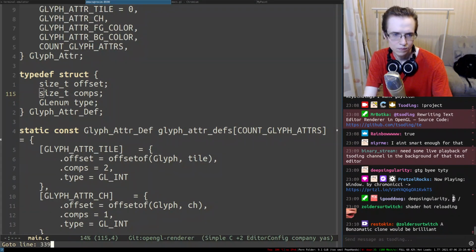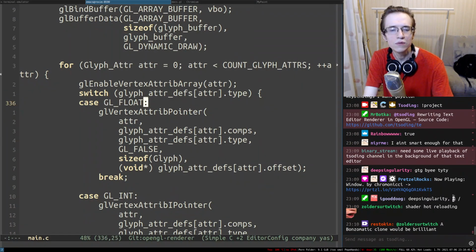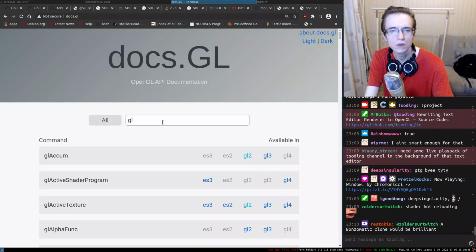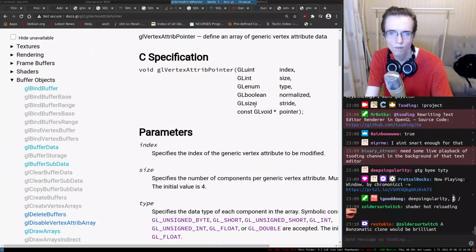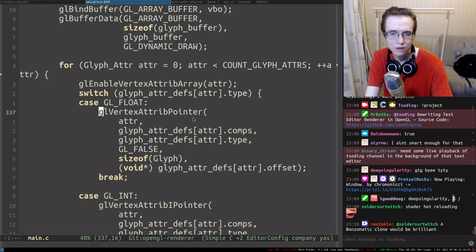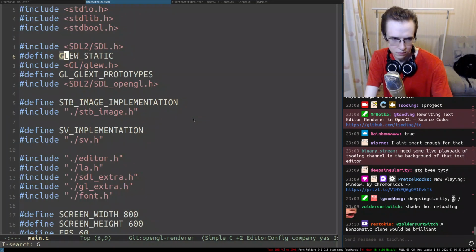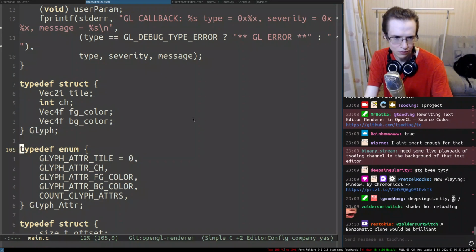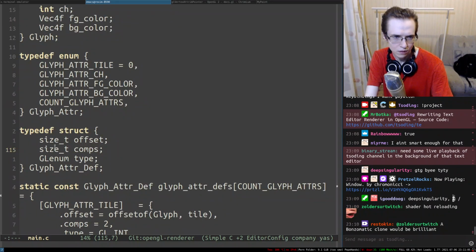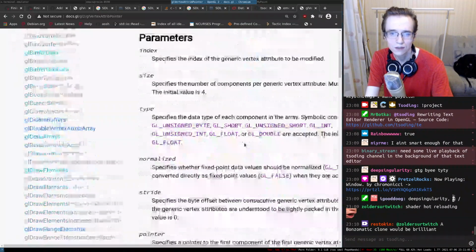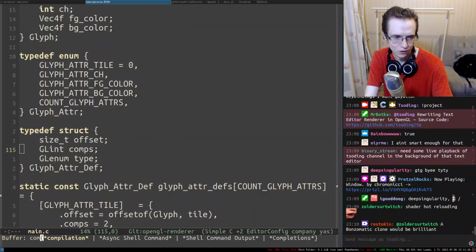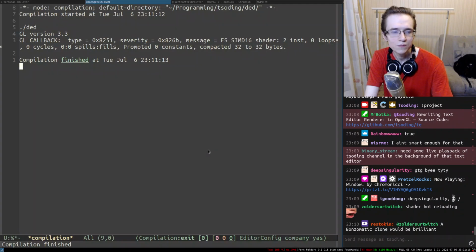GL. So this is the function we have. So GLsize is actually GLint. Glyph attribute definition. GLint. And for the offset, we're explicitly converting it anyway, so should be fine.